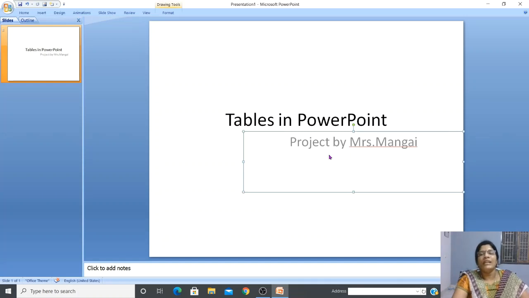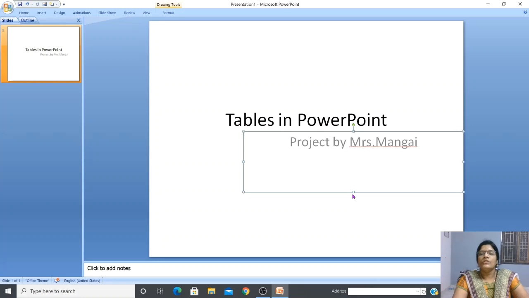Now what I'm feeling is this box is too big. I have written only one line. For that, this much bigger box is not required. So I want to reduce the size of the box. So how to reduce it? Do you remember we studied in MS Word? Yes, we can make the text box or an image or anything smaller or bigger with the help of resizing handles, which you can see in all the corners and the middle.